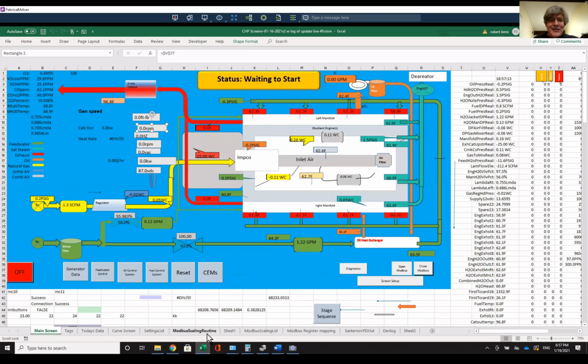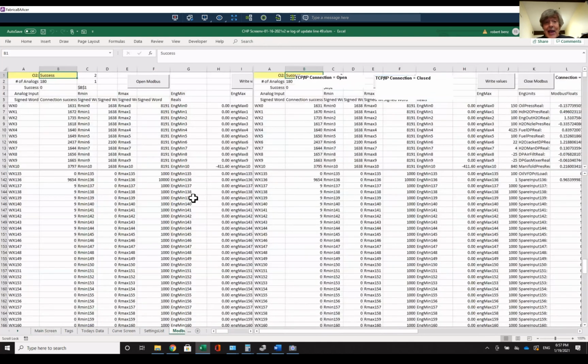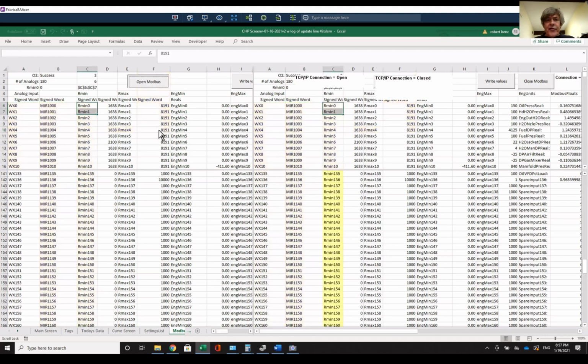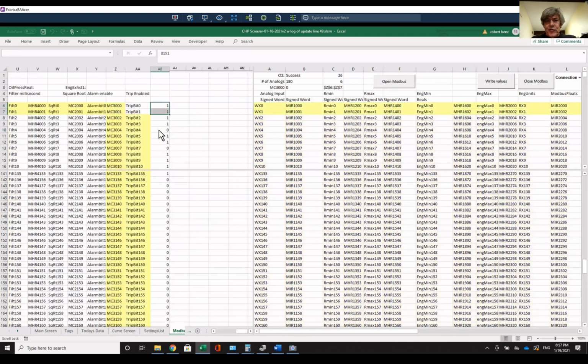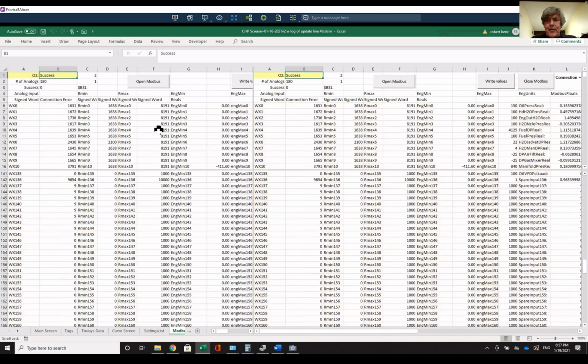Over here, we have the Modbus scaling routine, which, by the way, I have in the boiler control. This is where you take raw min, raw max, engineering min, engineering max, square root, and then all the alarm bits and the trip bits, and basically you can populate all of this. This is populating 2,500 data points. Bam, just like that. Anyway, I'm going to go back to my other screen, which is the PowerPoint,